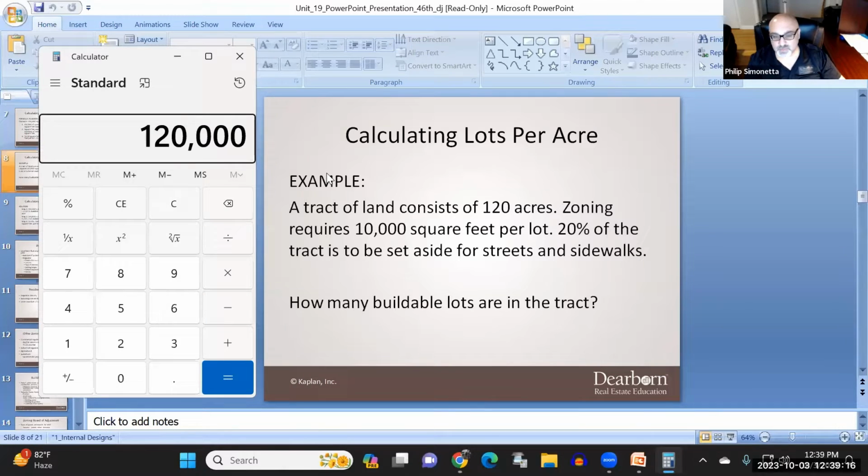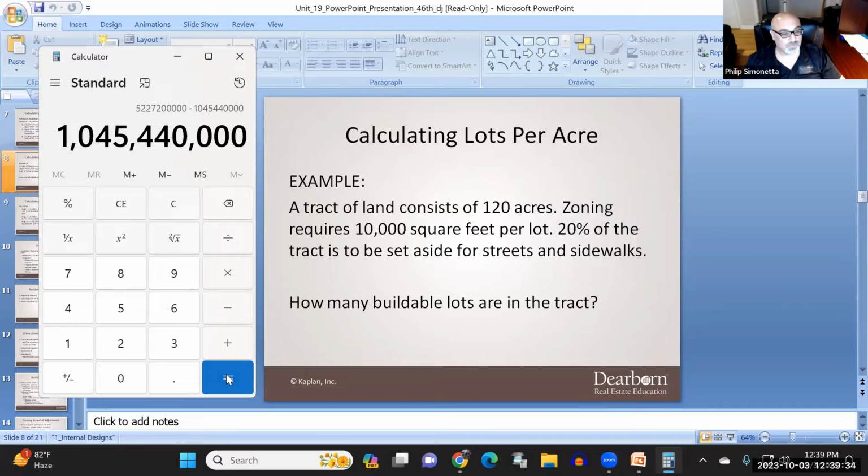You have 120 acres times 43,560, so that's how many square feet you have. Minus 20%, because you've got to take the 20% out. And then you divide that by 10,000.